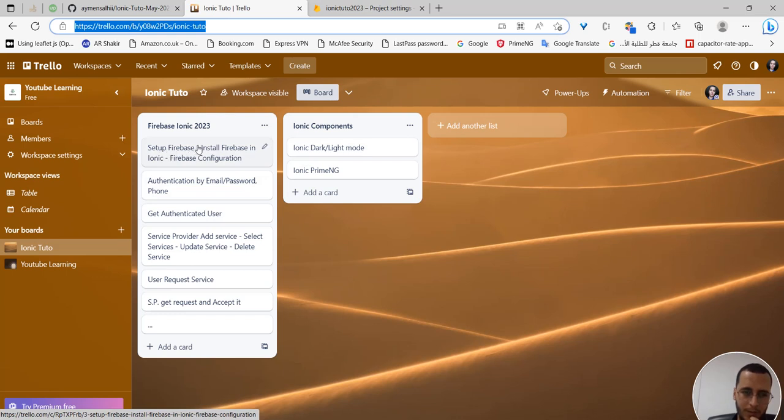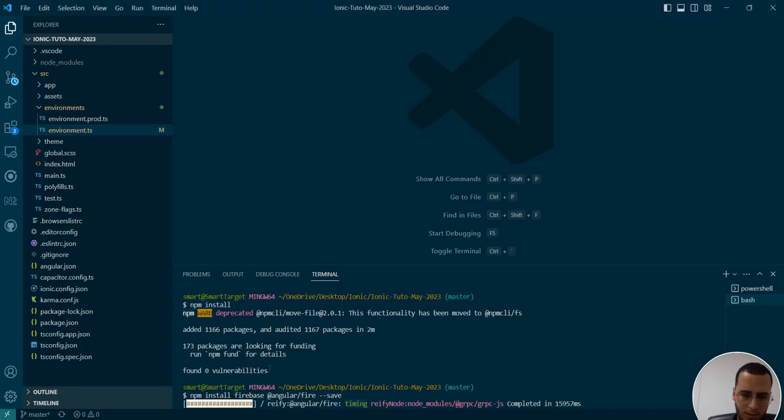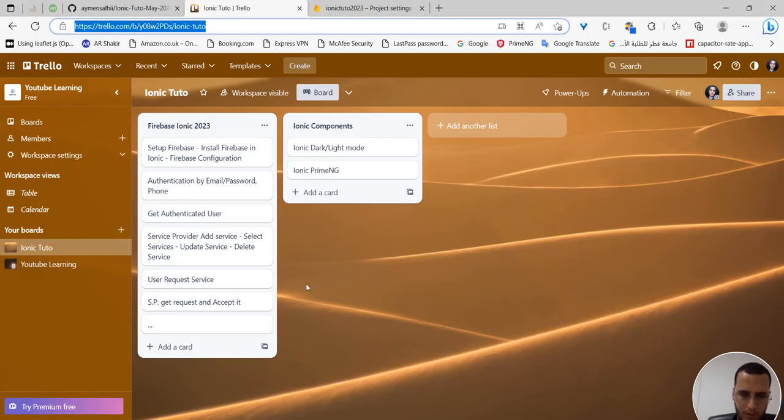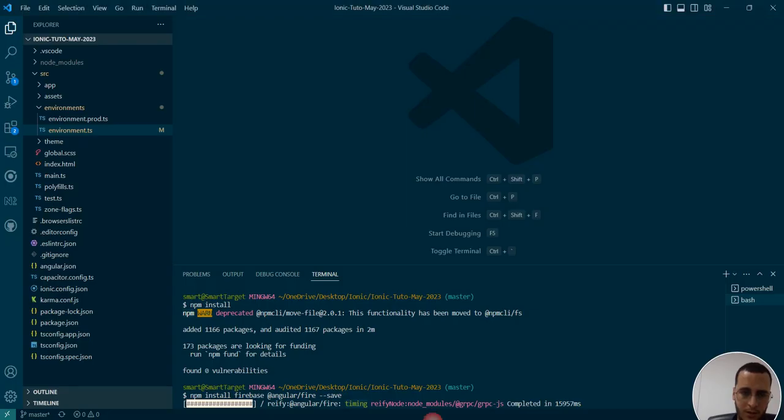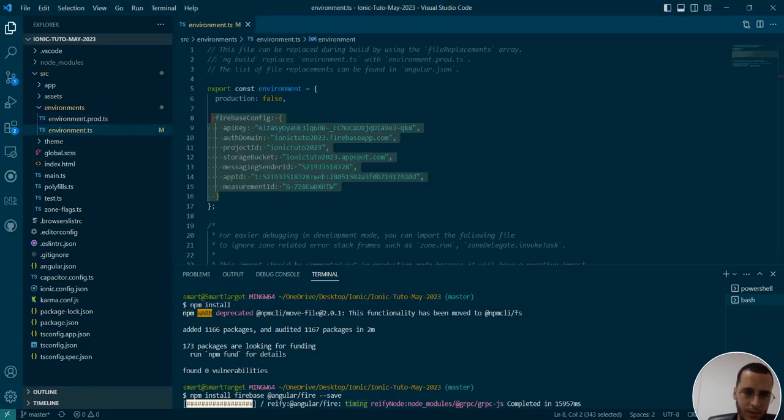First of all, we will set up Firebase. As you see, we already did that step, and we still have some things to do. And install Firebase as well in Ionic. We installed it. Okay, continuing. And there is some configuration in the Ionic project as well. One of them is adding